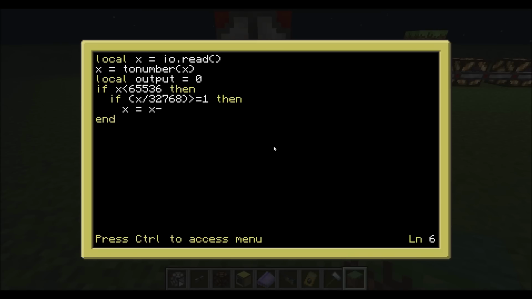So we'd say, okay, this is x equal to, take away this from it, 32768. Now this is representing the 8 digit on our first output on the left, so we go output